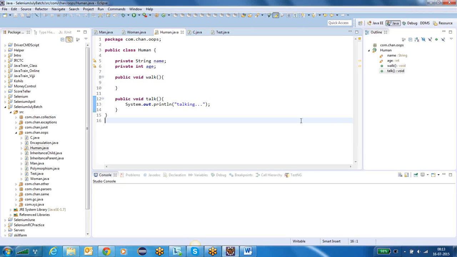Now, third concept is encapsulation. Encapsulation means hiding the data from outside world. So hiding the data from outside world means